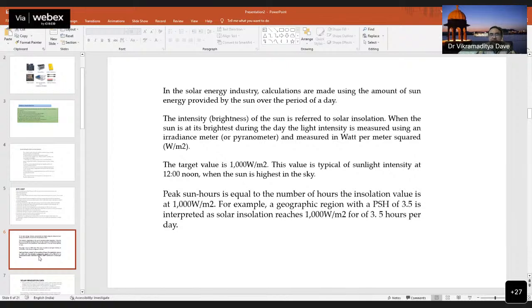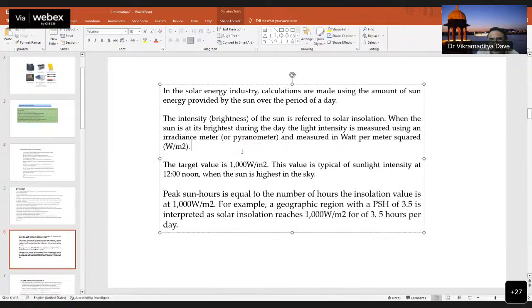Now this intensity of the solar is technically referred to as solar insolation, and it is measured in watt per meter squared. As you can see, this is there. So you have to either determine it from some authentic agency, I will tell you the name of the authentic agency, or you can have an instrument called a pyranometer. So when you go for site visits, you require certain instruments also, and one such instrument is, though it is very costly,